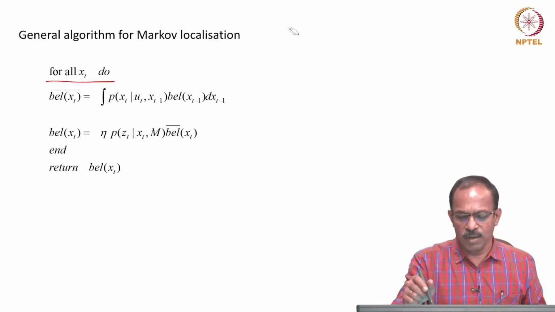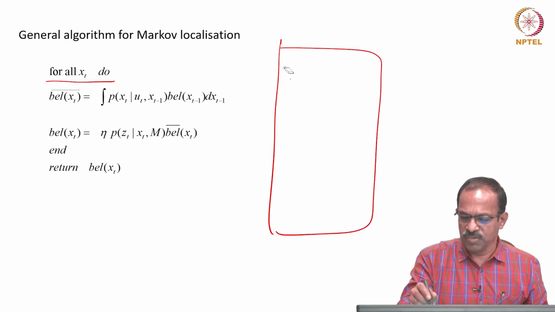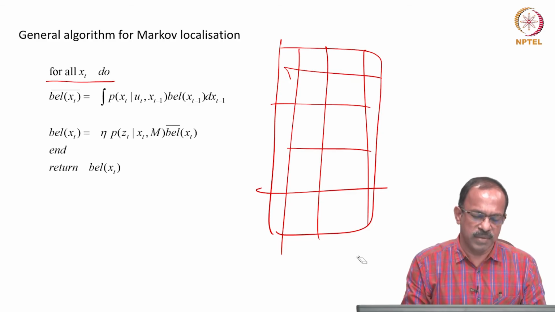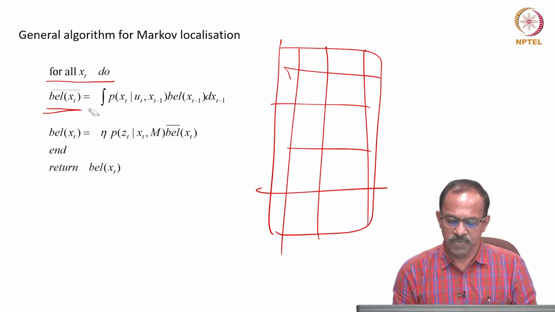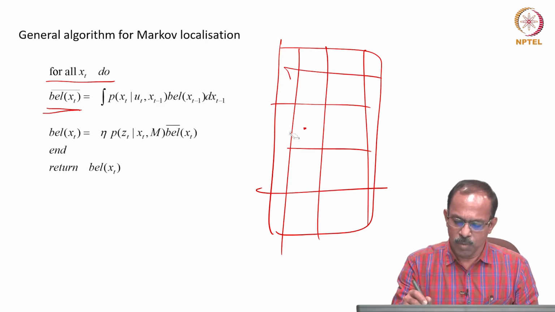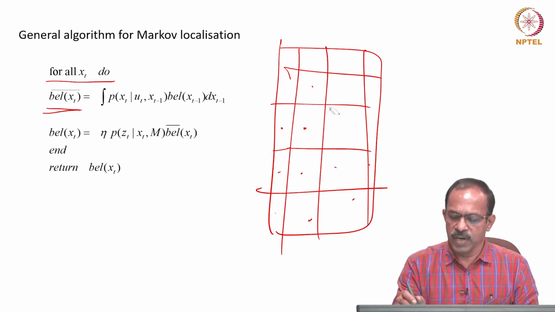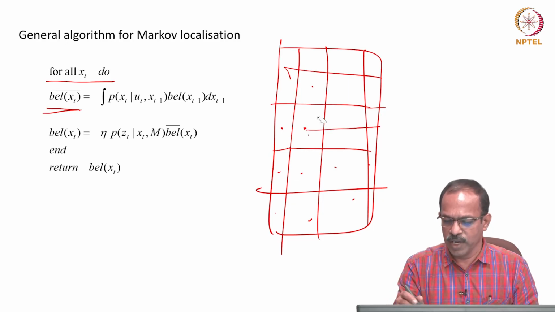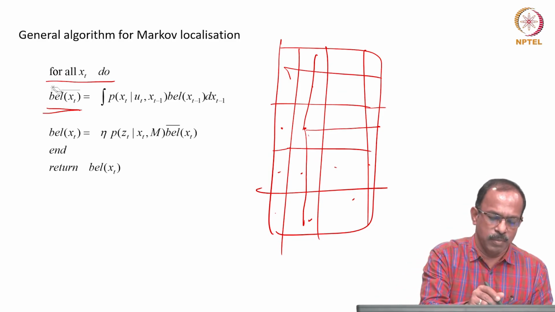So when you have multiple grids, these are all possible xt. The robot could be anywhere here. For all xt, find out the belief state xt, that is the prediction update. So if the robot is here or here or here, wherever it is, and it is given a control input of 2 to move forward, it can actually move to here, or here, or here. So for all this xt, you find out the belief xt bar.